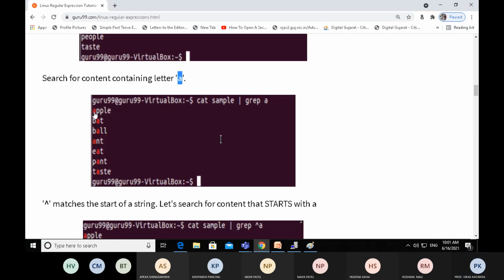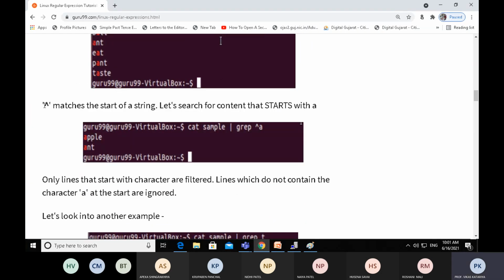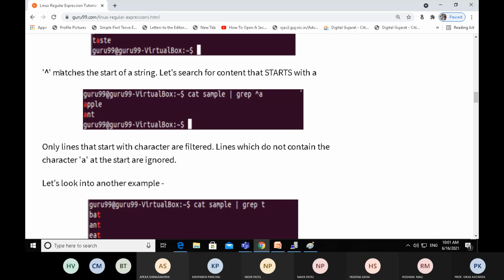Now let's clear the screen. Let's solve the next query. The power symbol is again used as a regular expression. It matches the start of the string.